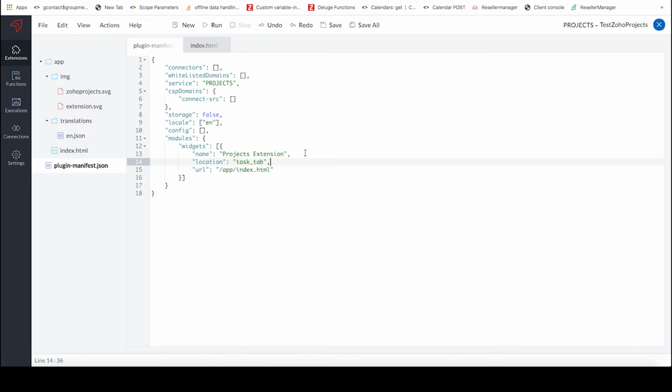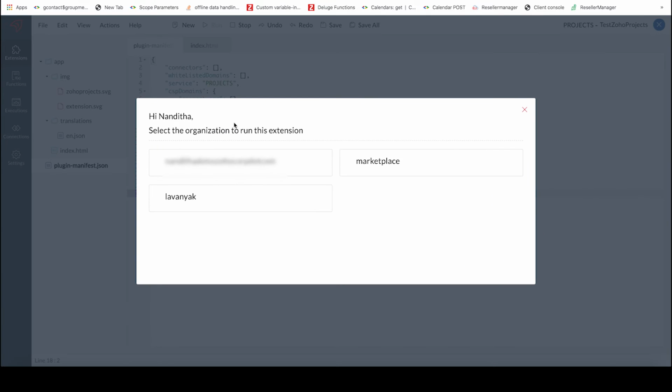Now let's see how we can run the widget or run the project from here using Sigma Cloud Editor. You can simply click on this run button which is present here and choose the Zoho Projects portal in which you want to run this extension.